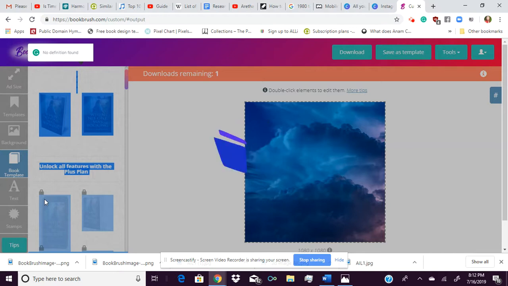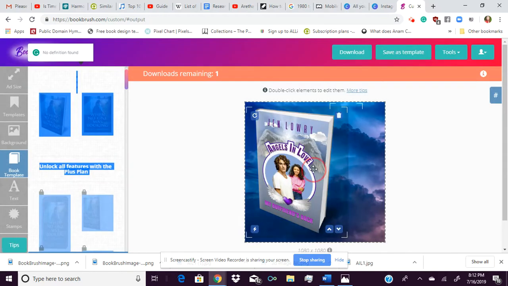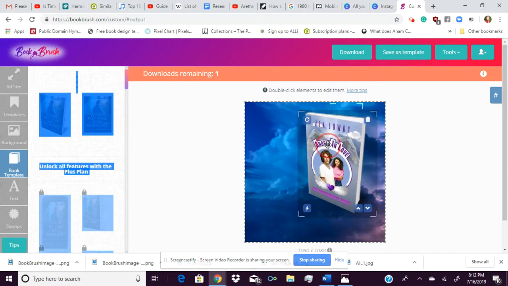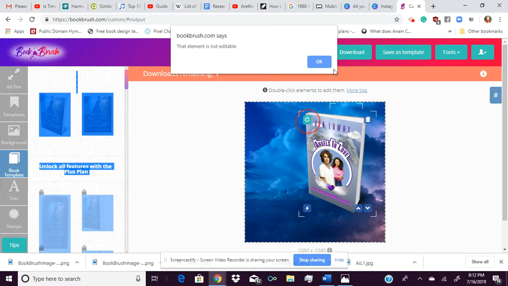You can do all your books too and make your headers. You can make your Twitter headers and all of that. And I'm going to make you a little smaller. And the thing about this is that if you push these buttons, it's not editable. It's only